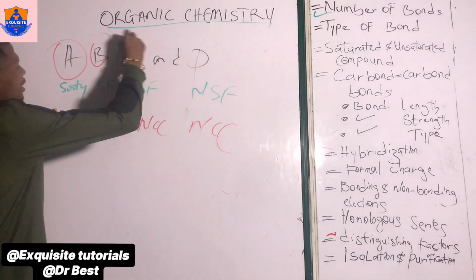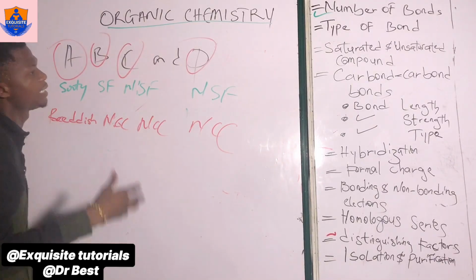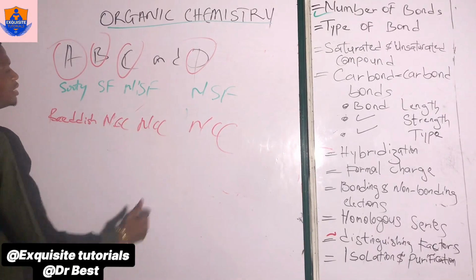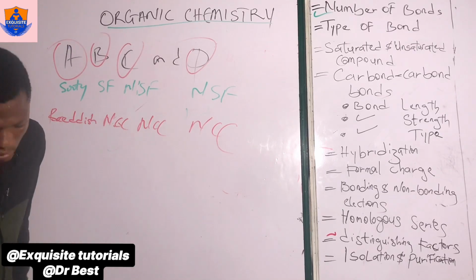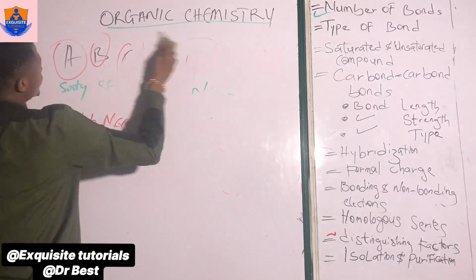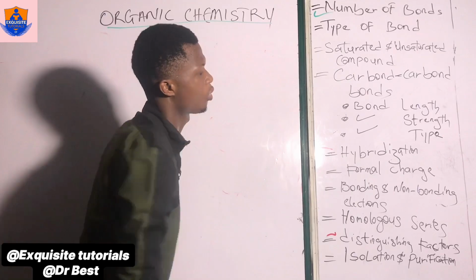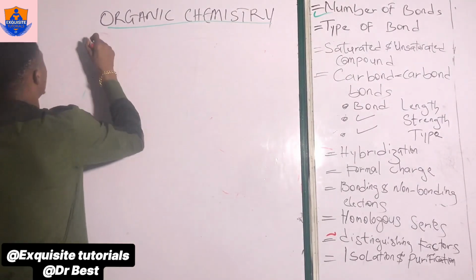Definitely C and D will give us saturated aliphatic compound because they do not show sooty flame and they do not show any color change with bromine water. So I hope you understand this concept about distinguishing factors. Now the last thing I want us to look into before we call it a wrap on this particular video is isolation